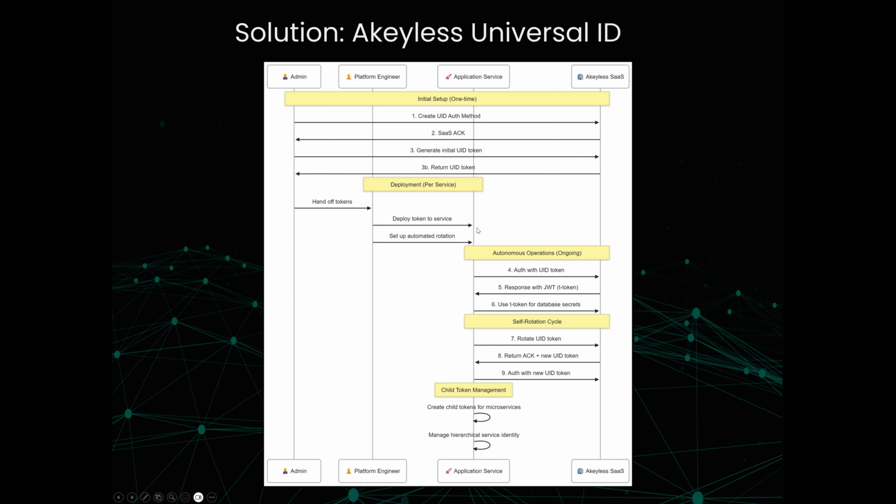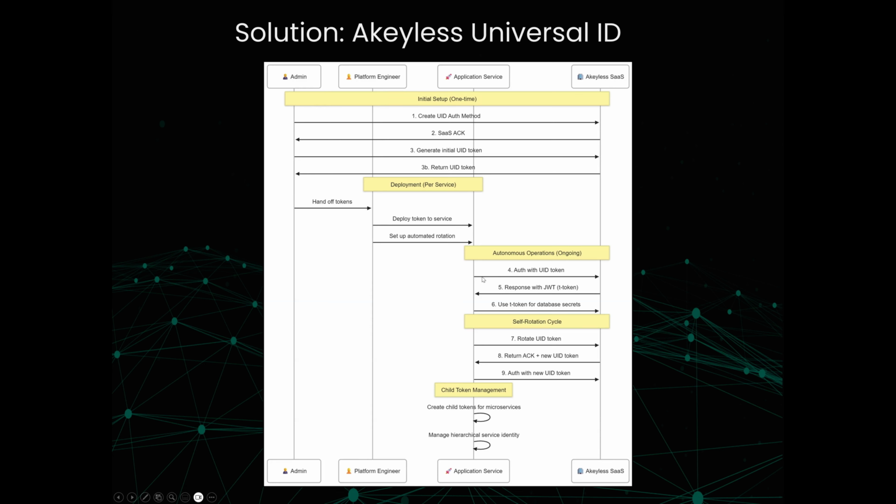So if it's a VM inside of VMware, they need to put this UID token in a file there somewhere. Then they need to set up an automated rotation script that will rotate this UID, because again, we don't want it to live forever. It should not take more than 60 minutes to live. You should have that TTL be configurable, of course. All right, so at this point, you do this once per application, and then now the application has access to